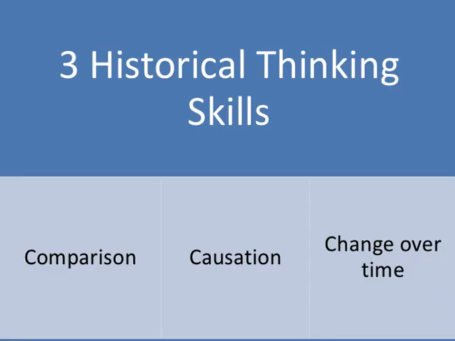Now, the most important thing that establishes sort of the foundation of any essay is the so-called historical thinking skill or historical reasoning skill. This is something that the College Board has built into most of its essay questions pretty clearly. So hopefully after reading the essay prompt 2, probably 3 times, you should be able to tell if they're asking you to compare, talk about cause or effect, or talk about change over time. So look for words like changed, continuity, similarity, differences, causes, effects, or shaped. Those should give you the clue as to what type of question you are dealing with.